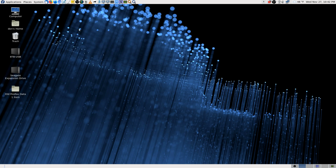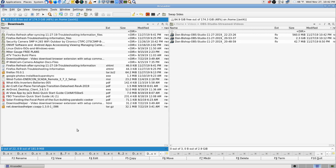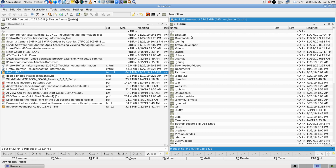So I'm closing this version of Firefox. Now what I'm going to do is I'm going to not install. Firefox is installed through the package manager, and you can't get a newer version on this older version of Fedora. But what you can do is run the new version in what I call standalone, or it's kind of like portable mode. But if it was on a USB stick, you couldn't just pop it in another machine and have it work, right, because it's depending on